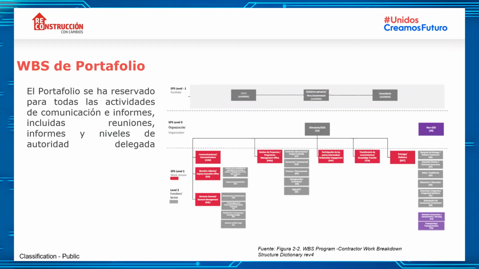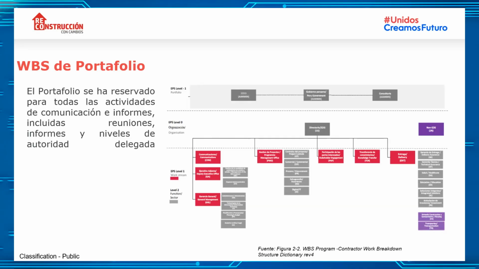Ready. Here you can see the diagram of the superior levels of the portfolio. The portfolio is reserved for all communication activities and reports and levels of allocated authority. This is related to the communications with other organizations, and that's why it's stated as level 0. Here you can see, for instance, in the EPS level 1, a portfolio that is Peruvian government consultancy. In level 0, the